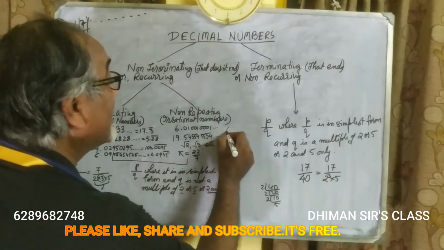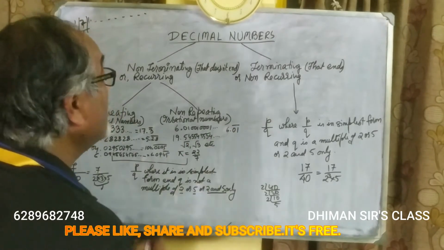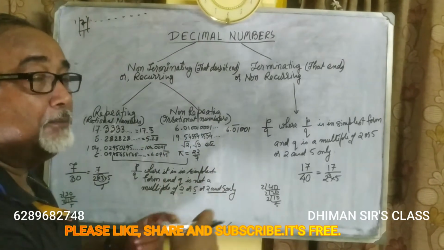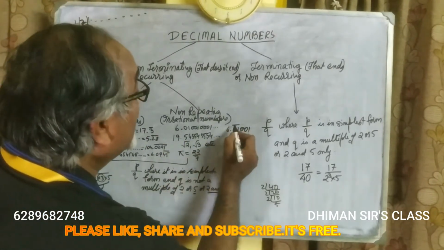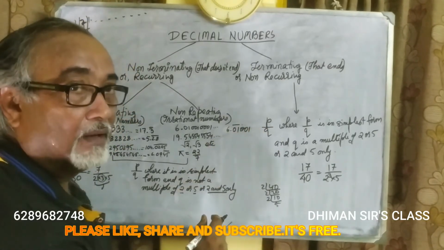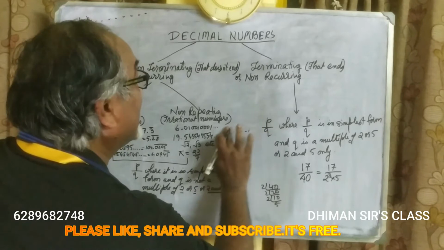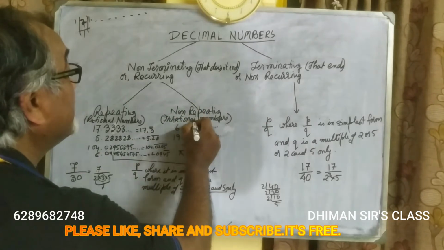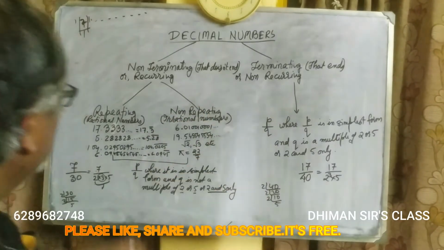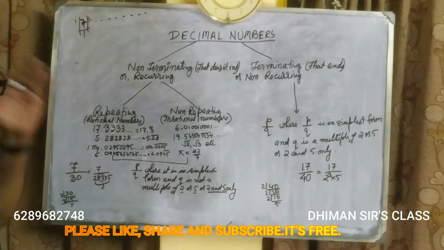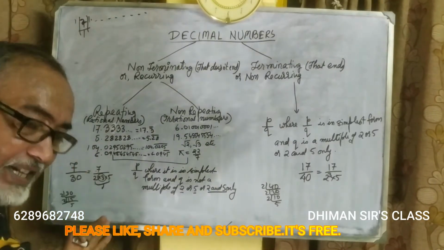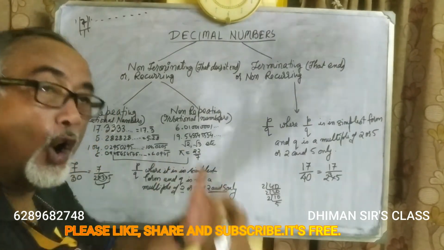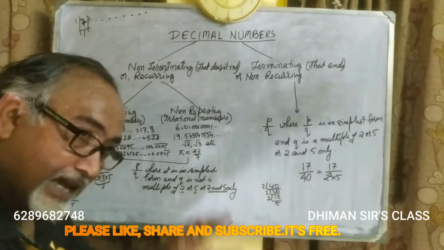Where will you put it? Can you make it like 0.1 bar? No, because the next one is 001. As I told, those digits which are repeating, put the bar on them. Here you are putting the bar, but here what will you do? So therefore you cannot put a bar here. Therefore, these are non-repeating, irrational numbers. For P by Q, it should be in the simplest form and in the denominator, other than 2 or 5 or 2 and 5,